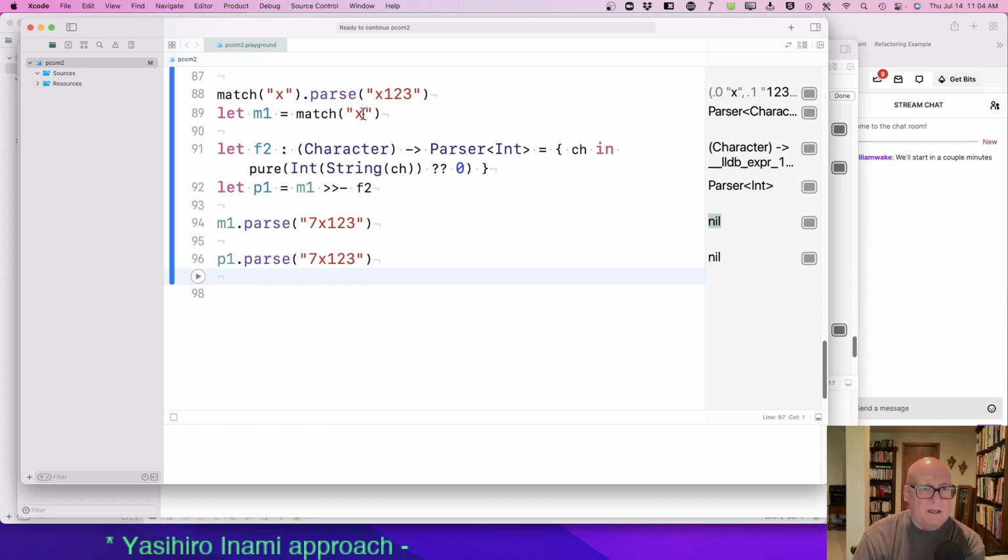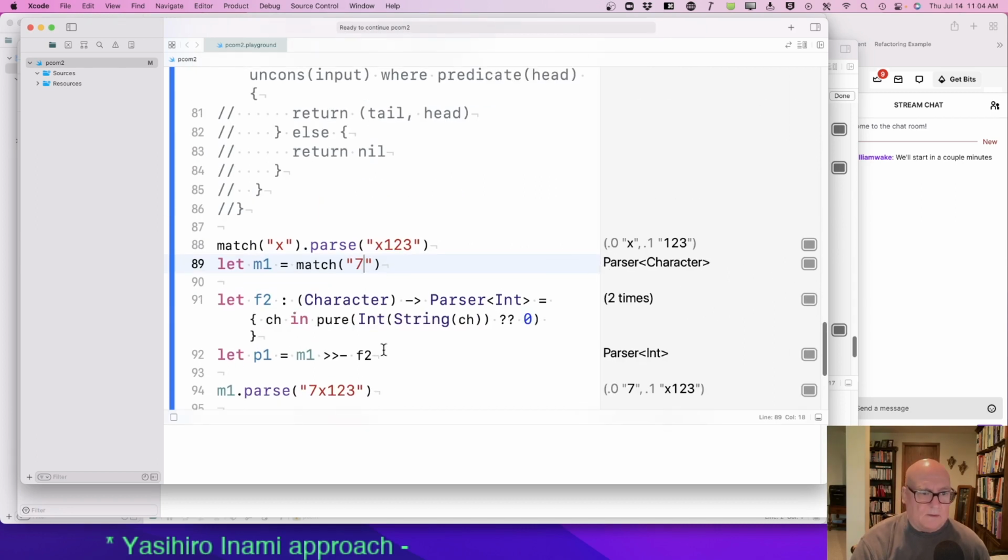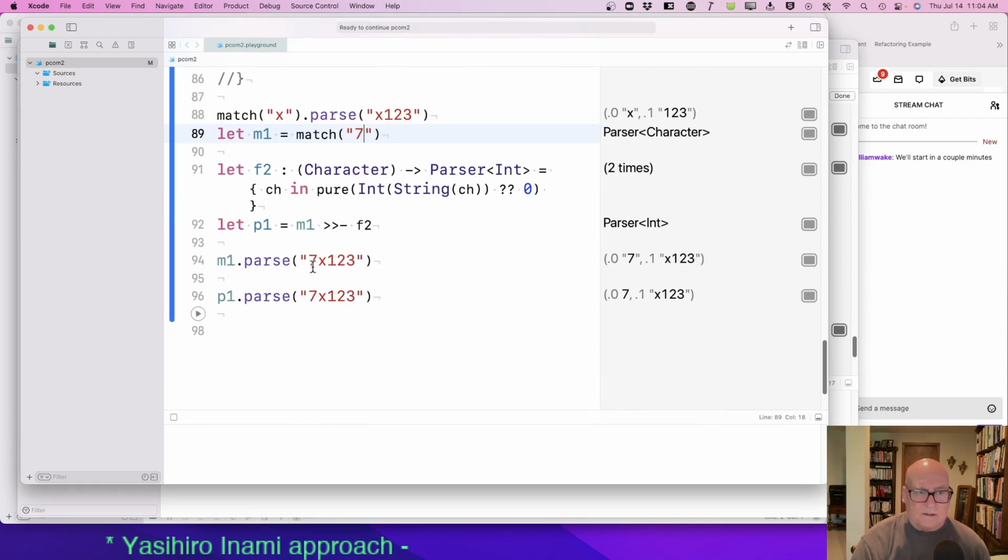m1.parse 7x. m1 is match this. Oh, let's match 7. Okay. Yeah, something's going on here. So, m1 parse the 7. That's a literal character match. Returns back character 7 and the rest of the string.